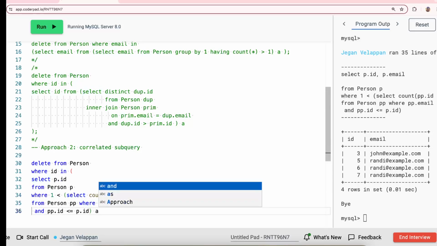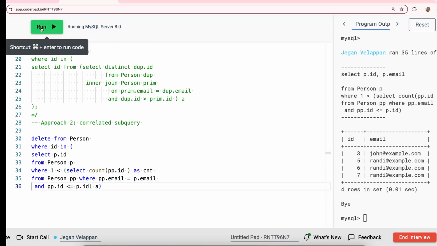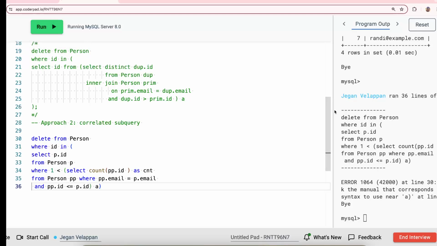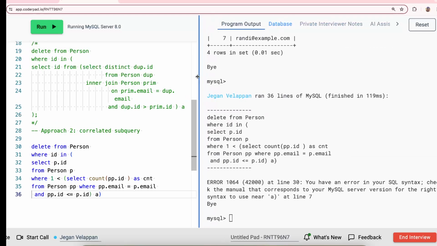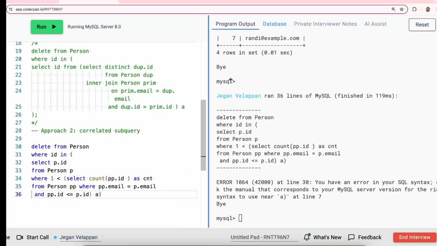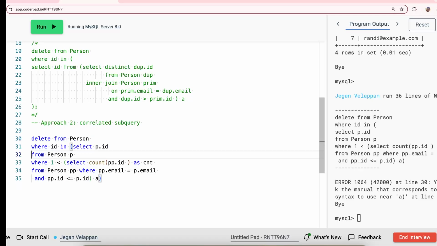And then give an alias name, and then I close it. So if I run this, I'm getting an error. Just say syntax manual thing. Okay, so delete from the person where ID in, select ID